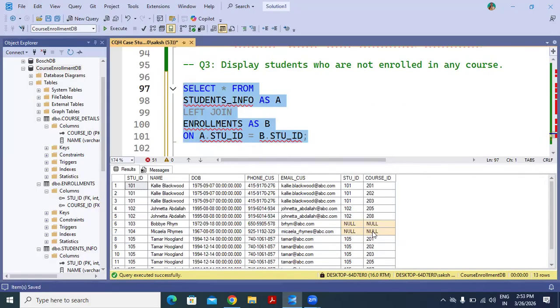Yes. Now we need the students who are not enrolled. It means we need these 2 records. So how we will get it? Now you have to put the condition here as where B dot student ID is null. Now let's select it and execute it.